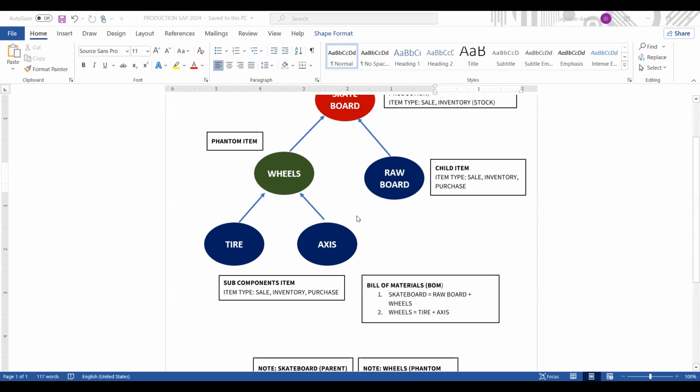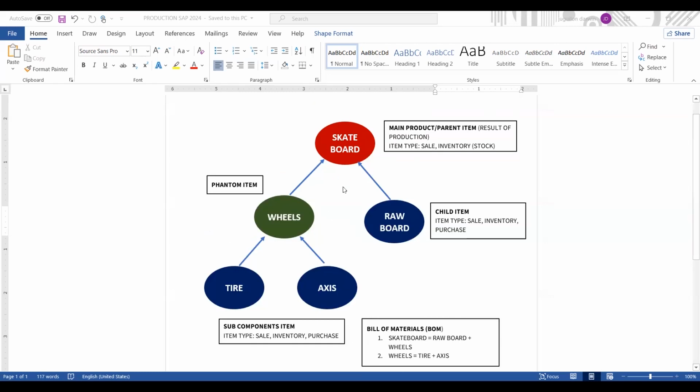So tire and axis are subcomponents. And when these two components are combined or assembled, we can produce the wheels. Therefore, once the wheels are available, plus the roll board, we can now create the skateboard.